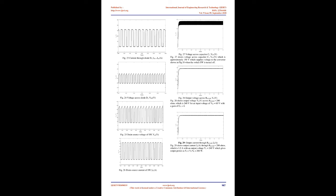B. Expected operating waveforms. Based on the operating principle described above, Fig 5 shows some expected waveforms from the Y-source boost DC/DC converter in response to the applied gate-source voltage VGS to switch SW. When SW is on from T0 to T1, D equals (T1 - T0)/Ts, its drain-source voltage VDS falls to 0, while its current IDS increases to a finite value. That causes diodes D1 and D2 to become reverse biased, and their voltages VD1 and VD2 to increase. The input current IN, which is also the same as the current ID1 through D1, then collapses to 0 during this